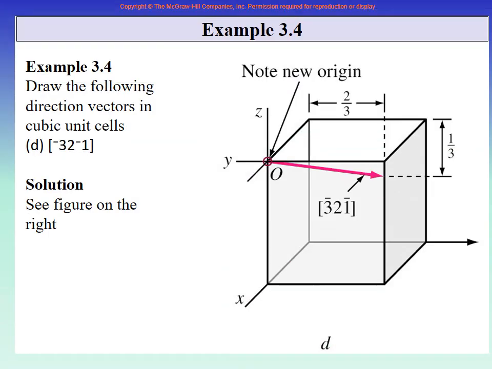Let us do, now, it is minus 3 to minus 1. Remember, when you write it, it is bar 3 and bar 1, right? So there are two things now. The numbers are more than 1, so divide by the largest number, so that this is 1, this is 2 by 3, this is 1 by 3. So that is one thing: divide by the largest number. But there are minus signs, so actually it is minus 1, minus 2 by 3, and so on.